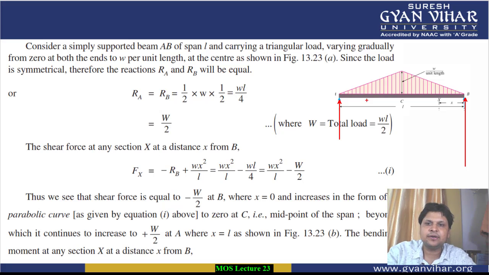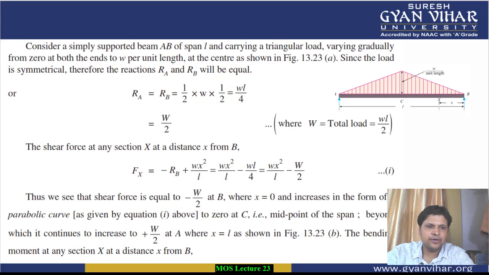the uniformly varying load is symmetrical about the beam. So half of the load which is going downwards will be borne by the reaction at A, and half will be borne by the reaction at B. So in this manner, W into L is the total load, and as we know from the area of the triangle,